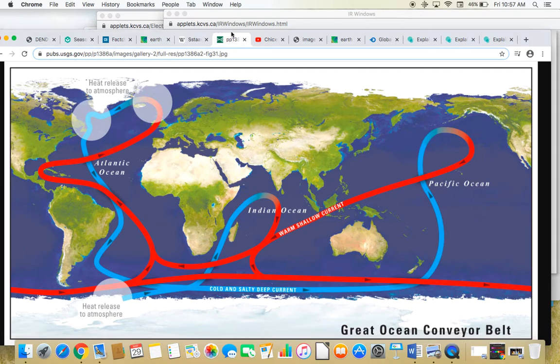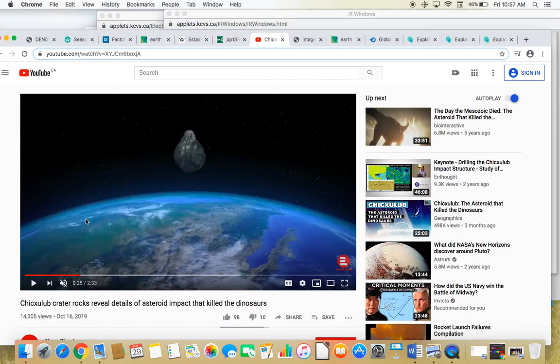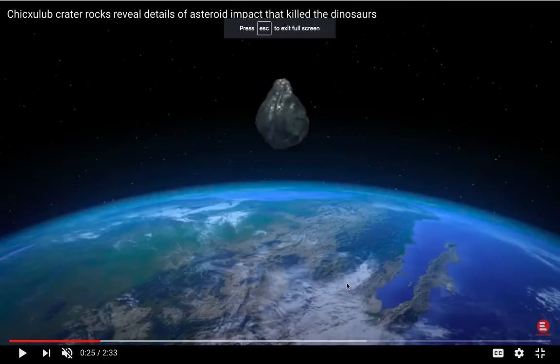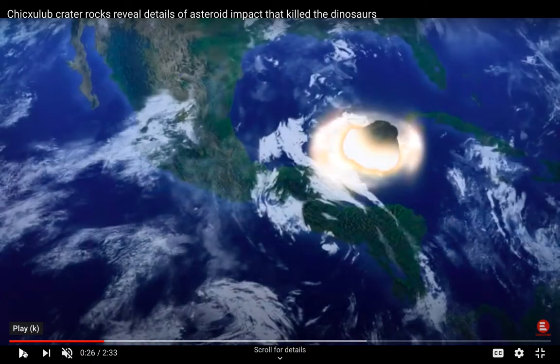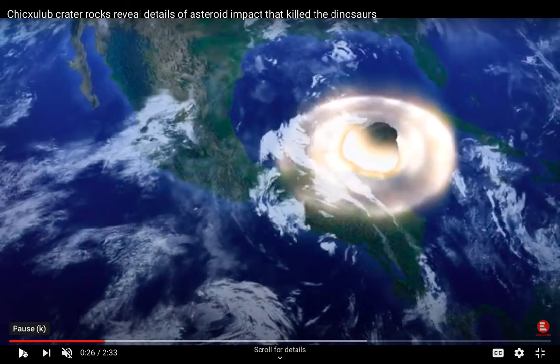The other thing that I wanted to mention as well is this right here. This is just something you've probably heard of. You probably know that, hey, the dinosaurs are extinct except for birds. Why did that happen? Because of a giant asteroid striking the surface of the Earth. So what went on? This was about 65 million years ago. A rock somewhere between 8 and 10 kilometers in diameter struck southern Mexico. Here we go. Bam. It hit around the Yucatan Peninsula,